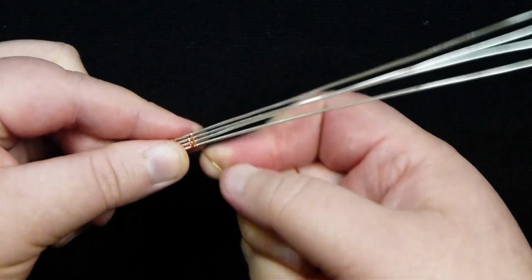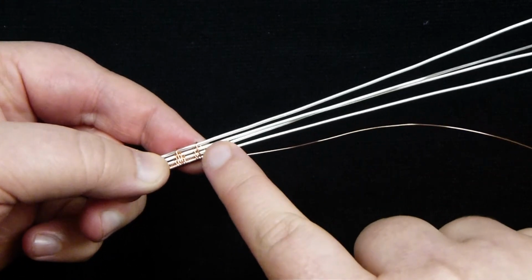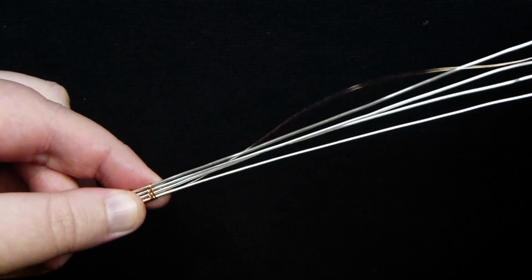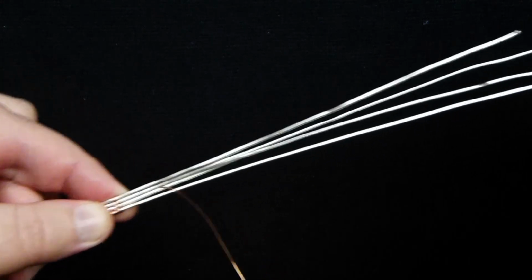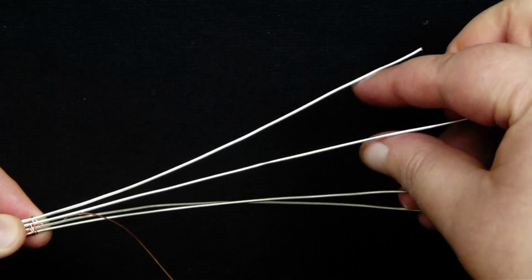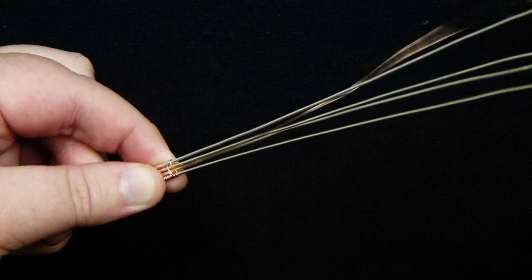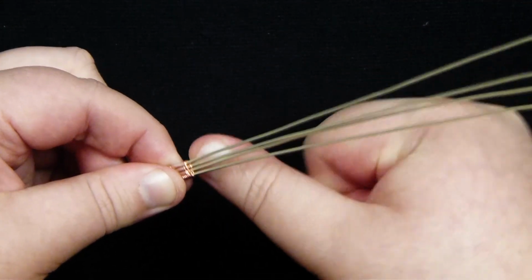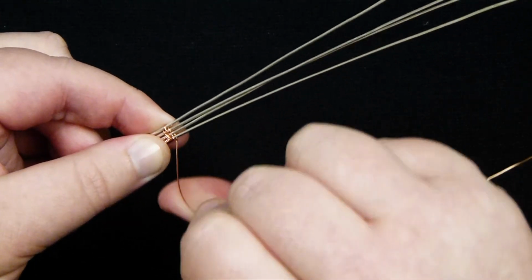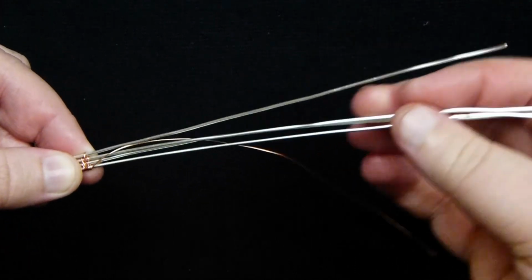So now we just want to move downwards again, so that means we need to do the single wrap now on the other side here. So I need to come up between the two middle base wires, because I just want to do the single wrap around the third wire from the bottom. So this one there, go down between the top two to be able to go around that single one, the third one from the bottom, go all the way to the bottom, wrap around and across the top of the bottom three base wires,